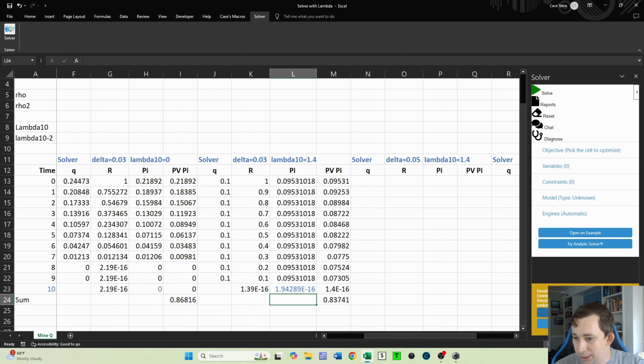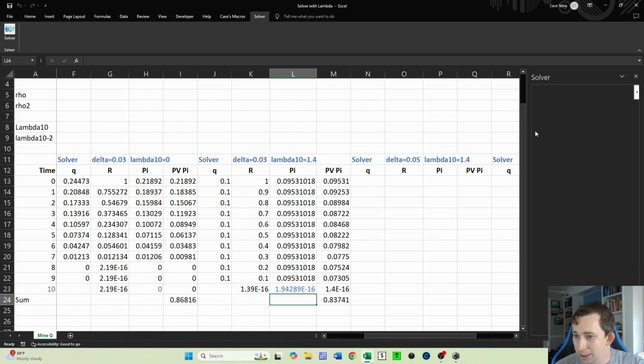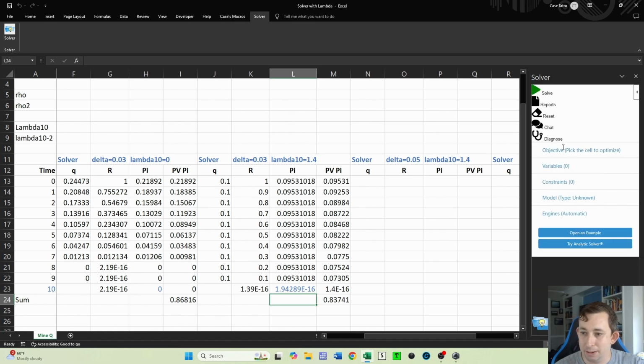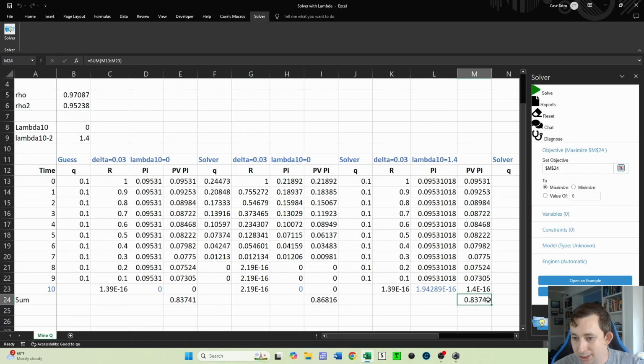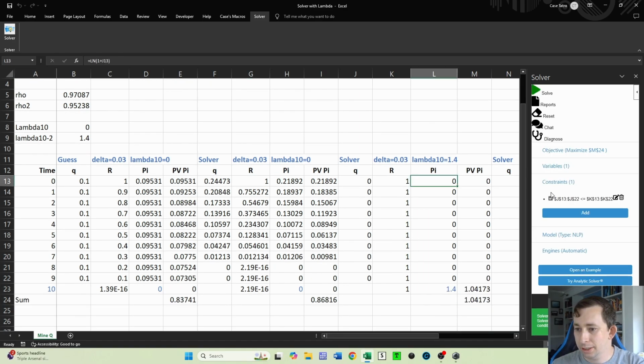So I'll go ahead and reset this again. I'll reload this again, and we're going to set this up the exact same way. So my objective is still going to be this PV pi. Once you plug in the constraint that your Q's have to be less than R's, again, same thing. Now with this 1.4, what we see is that our PV pi is 1.04, which is definitely higher,